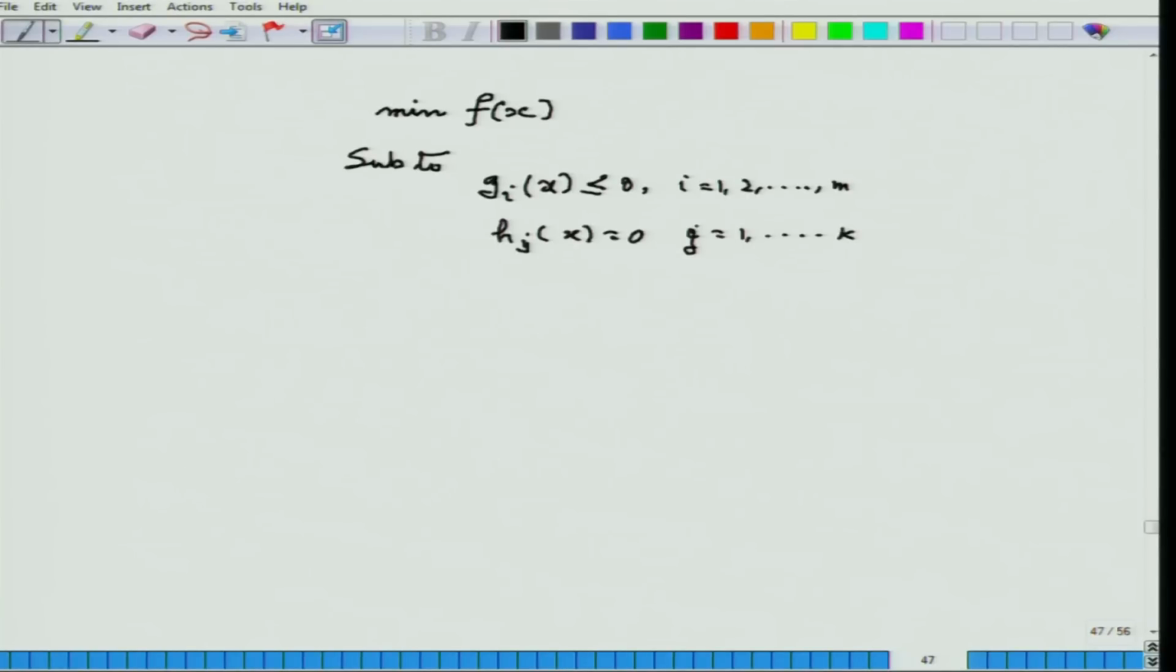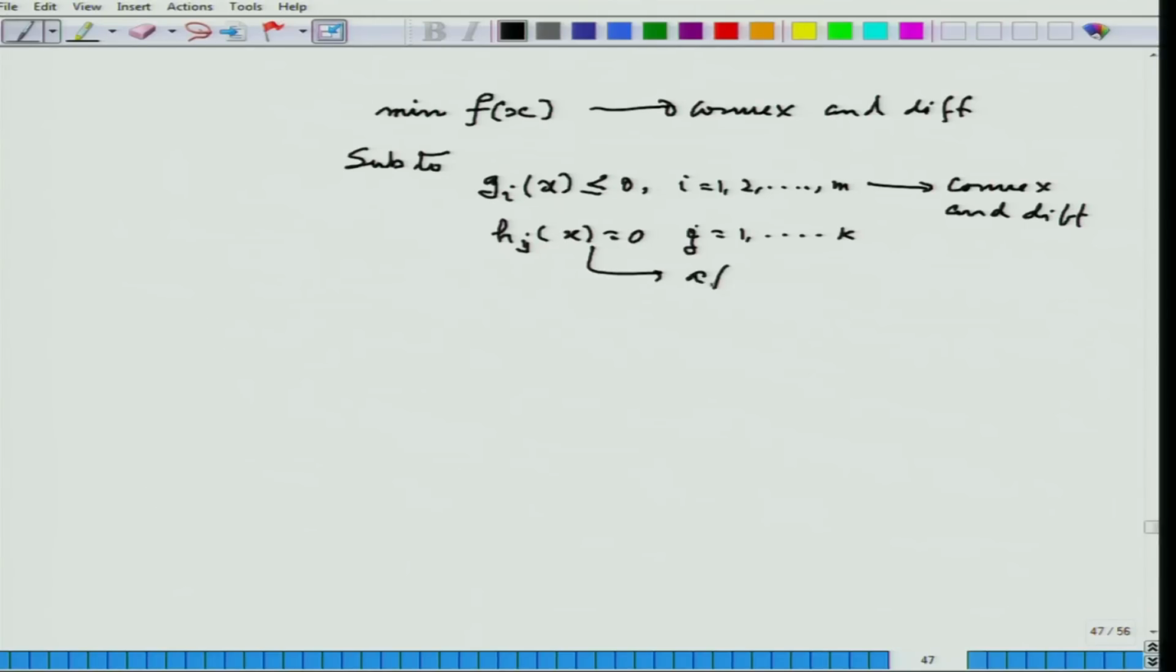So, I can now make this compact. This is convex and differentiable. These functions are convex and differentiable, and affine functions are anyway, these functions are affine. So, these are convex and differentiable. This problem can be equivalently set up like this: